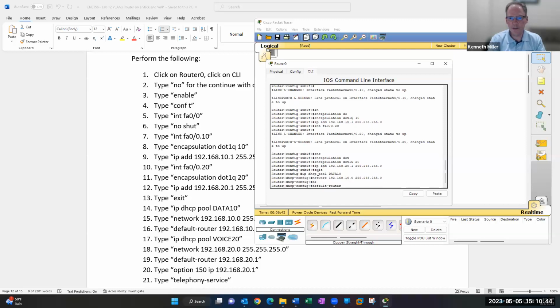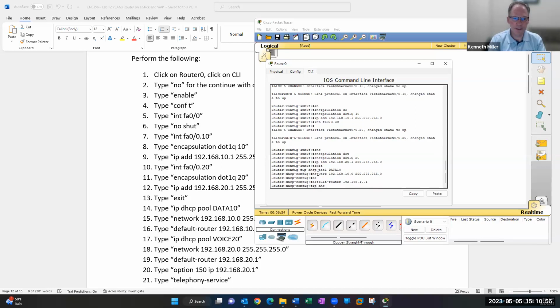And I want to give this side of the 10 network the default router or the default gateway 192.168.10.1. Okay. And we do another DHCP pool for my phones,